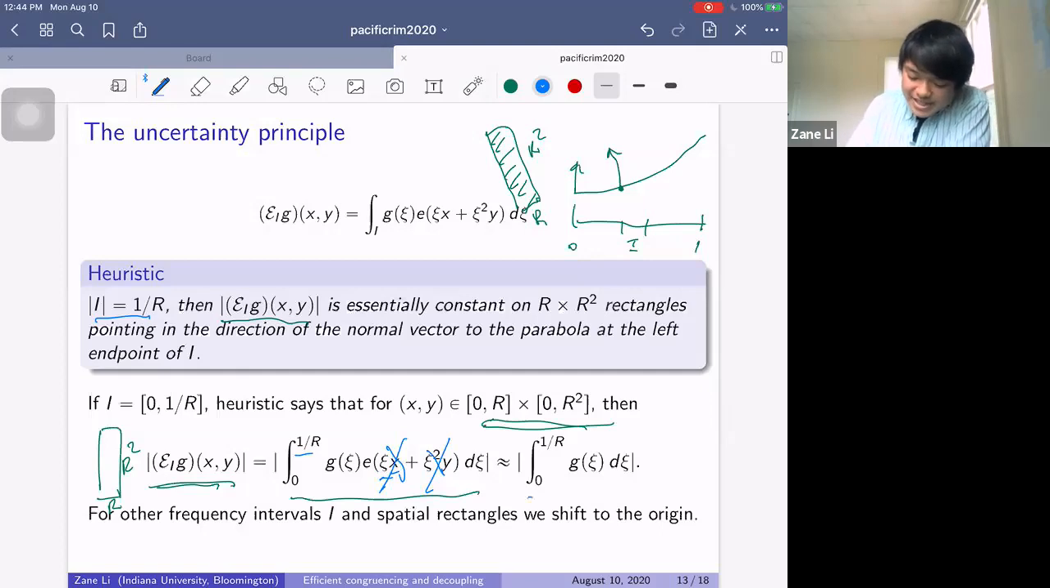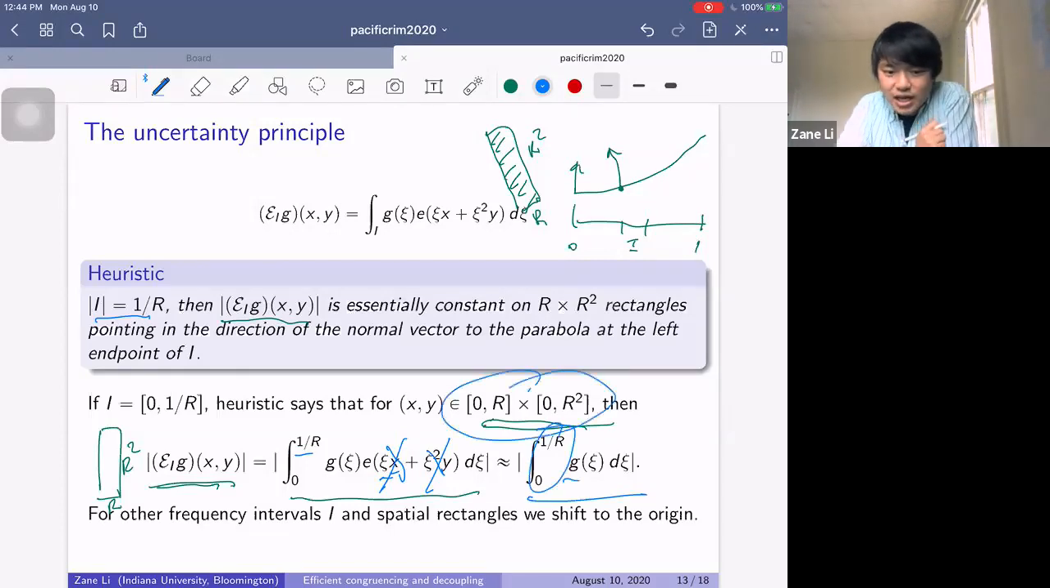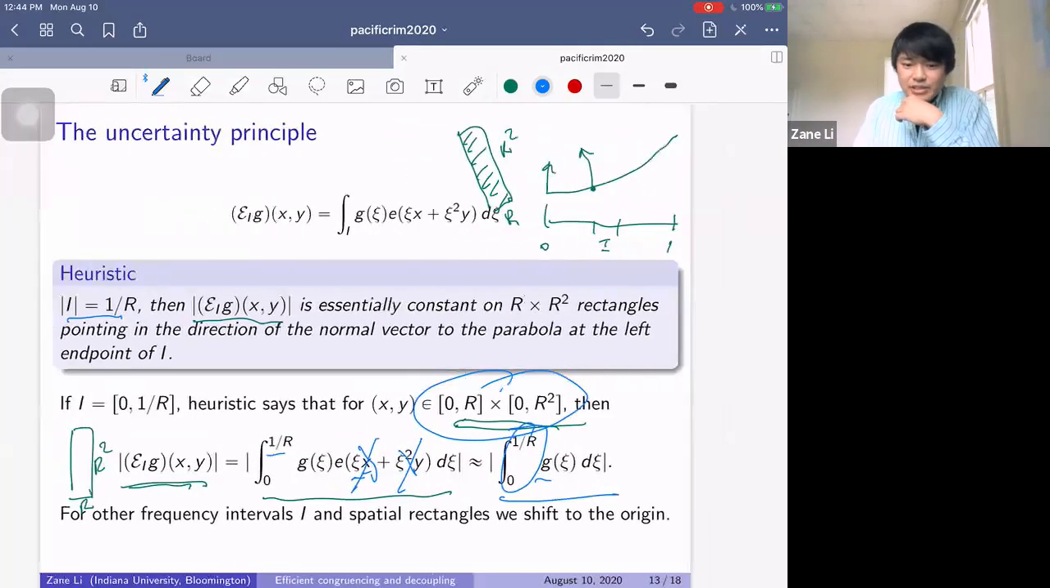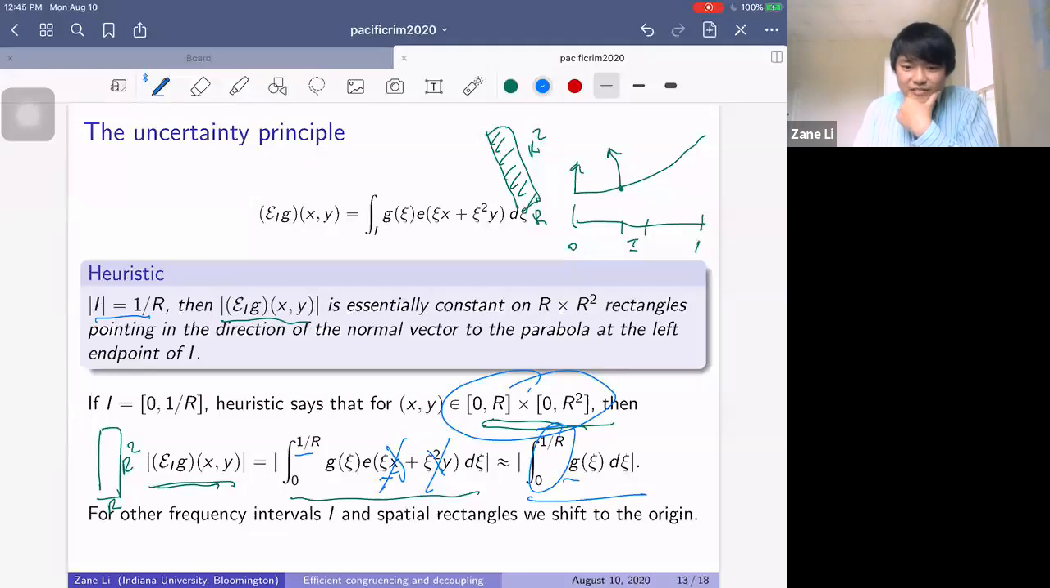And what happens is that we get this expression. And so this is a constant. As you see, it doesn't depend on x and y. It's a constant that depends on G, on my interval, and on the rectangle that I was looking at. Okay, and so for other I's and for other spatial rectangles, you can just shift them to this case. So using the uncertainty principle, I'm going to give a proof of this key lemma,